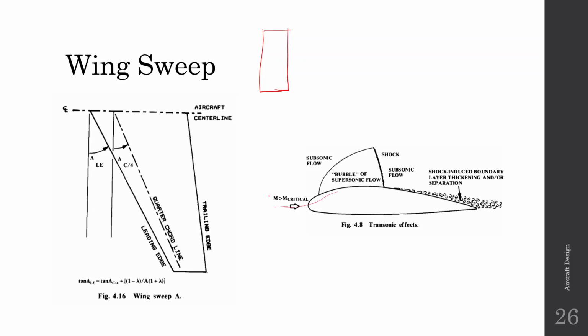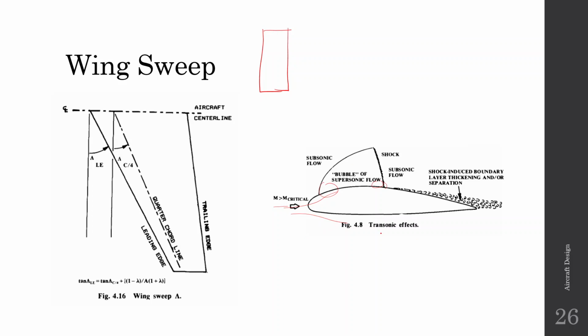At high velocities, some portion of your aircraft has supersonic flow. So in this diagram on the right,